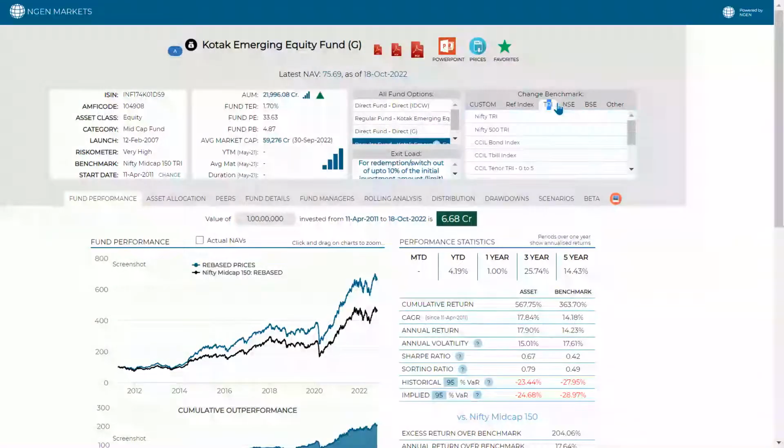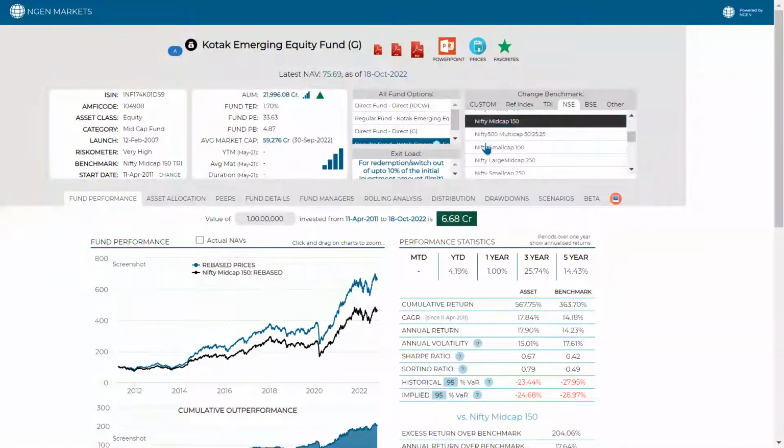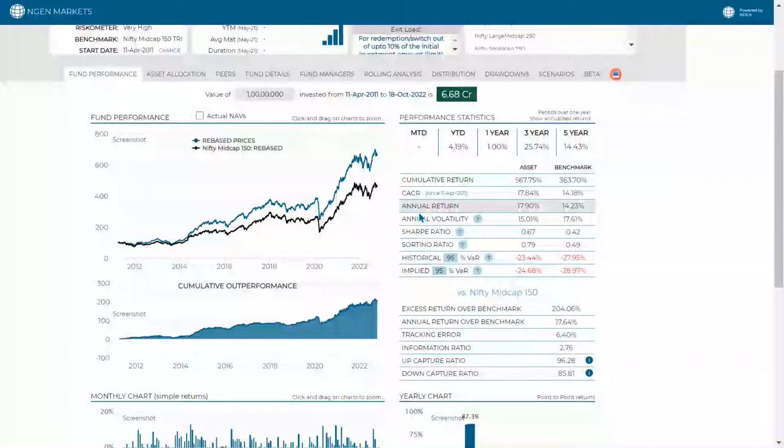Clearly, it is pre-selected as Nifty Mid Cap 150, and then you can run the fund performance and check the entire performance stats given here, which include the cumulative return, CAGR, annual return, and volatility against the benchmark. This is one important update we had a couple of weeks ago: you can now compare the benchmark performance versus the asset, which is the mutual fund, right? And you can also check risk adjusted return like Sharpe's ratio for the asset and the benchmark,